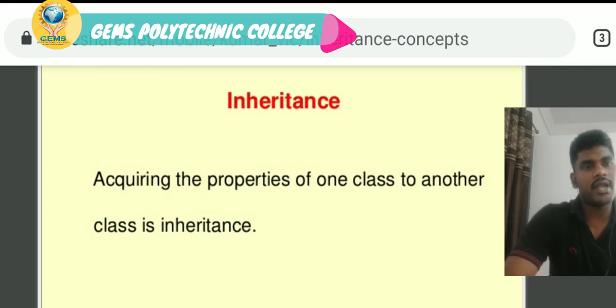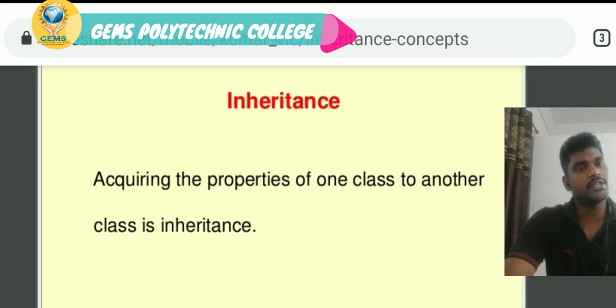Here, one class to another class means base class to derived class, or parent class to child class, or superclass to subclass. All are the same. It may be parent class, superclass, or base class. These three are the same.